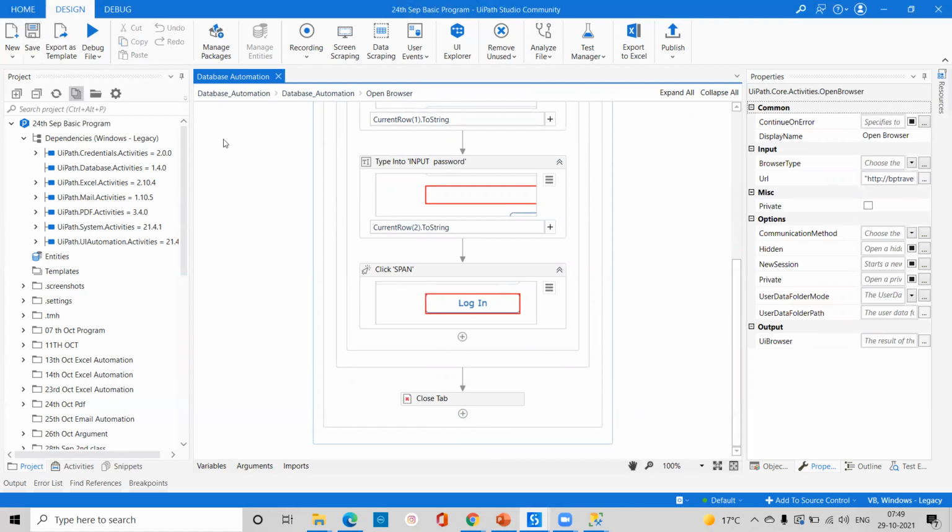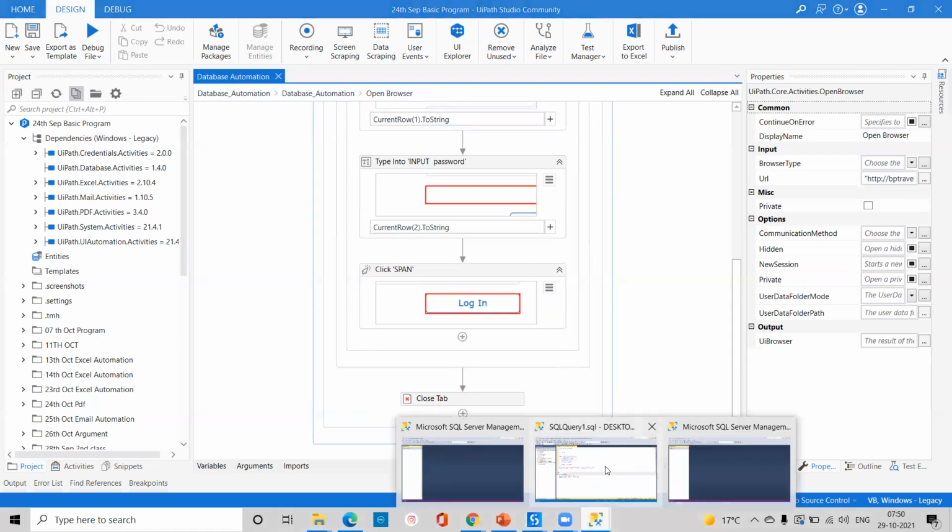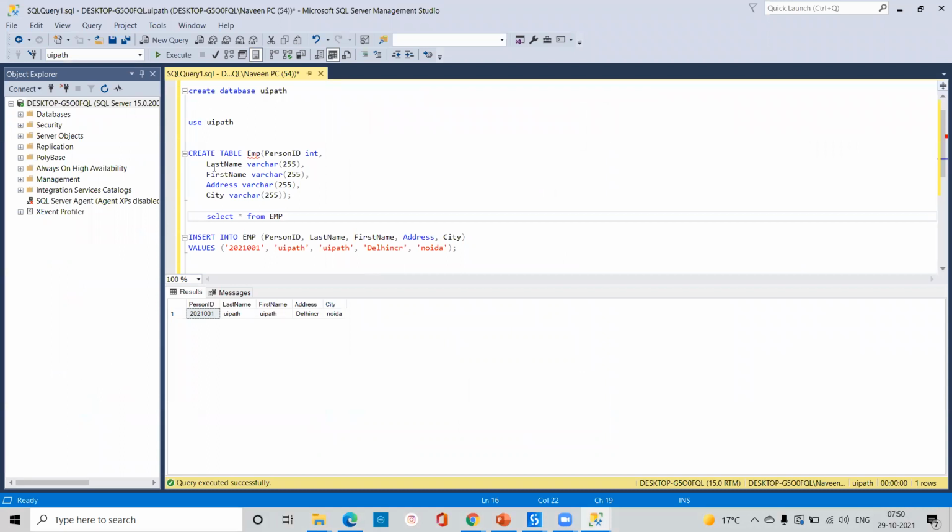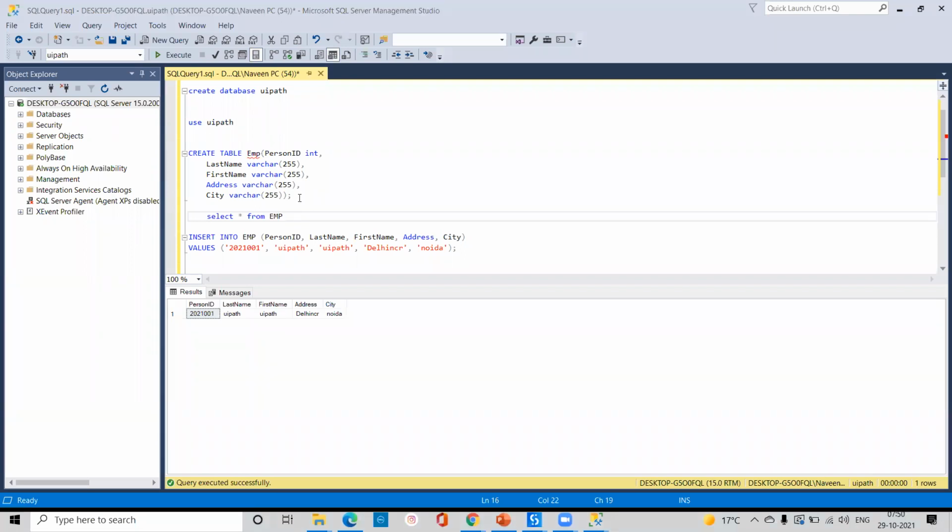Okay, so this way we are able to automate with this database. Whatever data is available in your database, that is a sample we have done today. So any type of data we can extract here. So whatever things I passed here, create table, if you want to do it through your execute query, in execute query you can pass all things, and one by one it will take time. You are able to execute this program, and after that whatever result you want to get, using UiPath you are able to do that. But each and everything should be proper: the naming convention, your syntax, you can see the double parenthesis, each and everything should be proper.